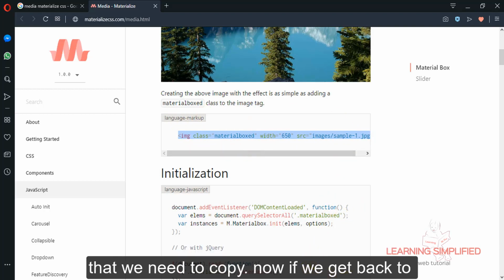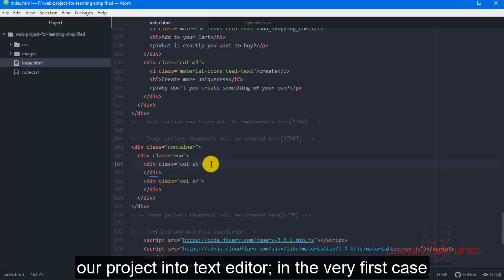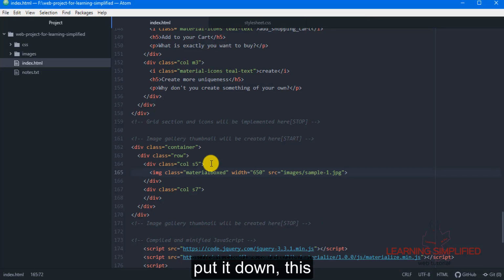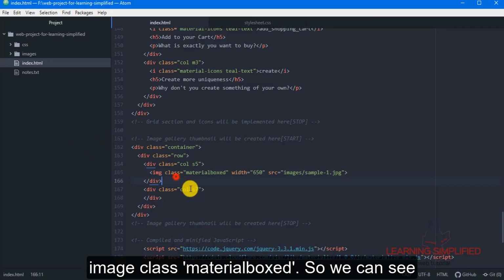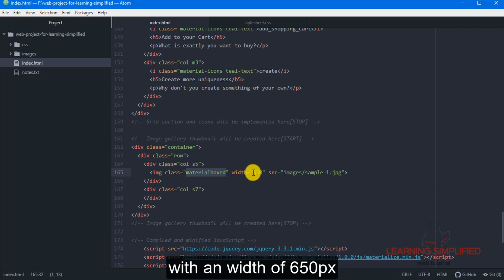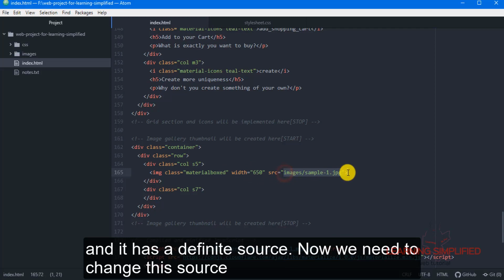Now if we get back to our project in the text editor, in the very first case, put it down. This is the image class materialboxed. So we can see that we are using practically an image class of materialboxed with a width of 650 pix and it has a definite source.